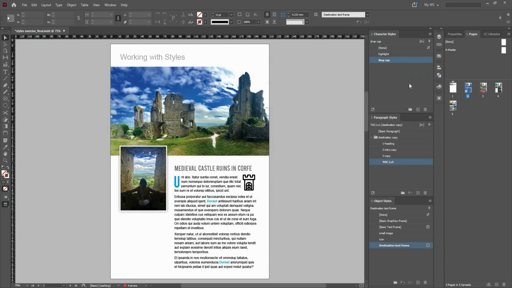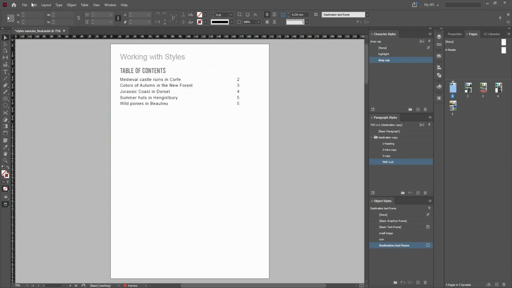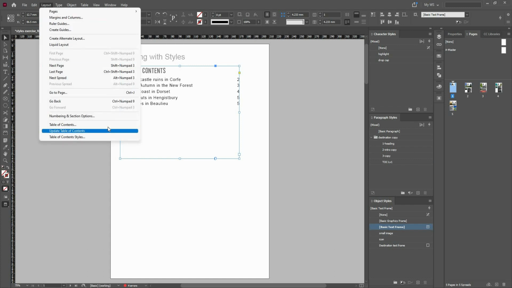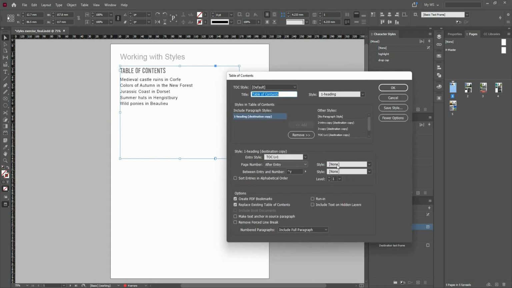And of course you can use character styles like in the previous examples. Here as well you can stylize the page numbers, and I already have a character style in this document, the one called highlight. Another one we have is called drop cap. We can try out very quickly something from the layout menu, from the table of contents. Just go here, select this table of contents,